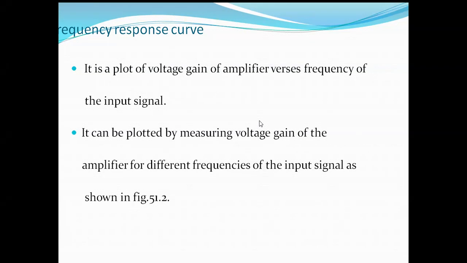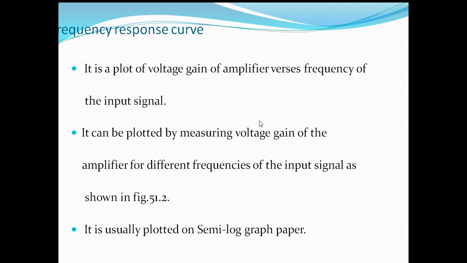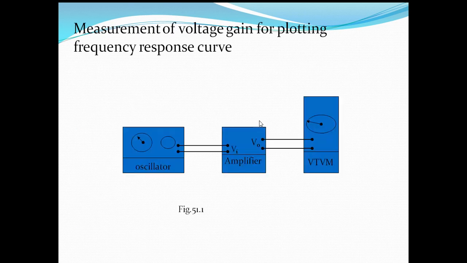It can be plotted by measuring the voltage gain of the amplifier for different frequencies of input signal, as shown in the next slide. It is usually plotted on semi-log graph paper. Why we are taking semi-log graph paper is